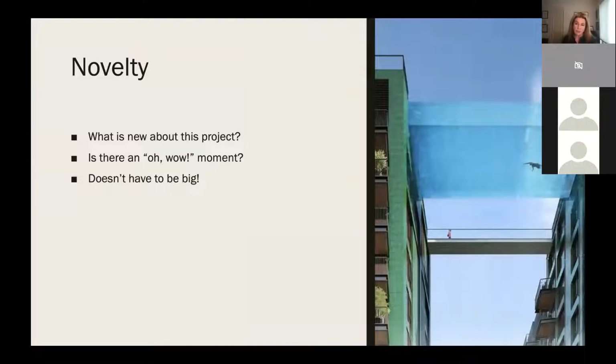Another aspect of good storytelling is to point out any kind of novelty. So I use this equally terrifying picture of the pool in the sky, just because obviously that's a pretty novel feature. But I don't mean that your project has to have something like this. It doesn't have to be something this big. It can be either a new solution to an old problem, some kind of innovation that your project contains,